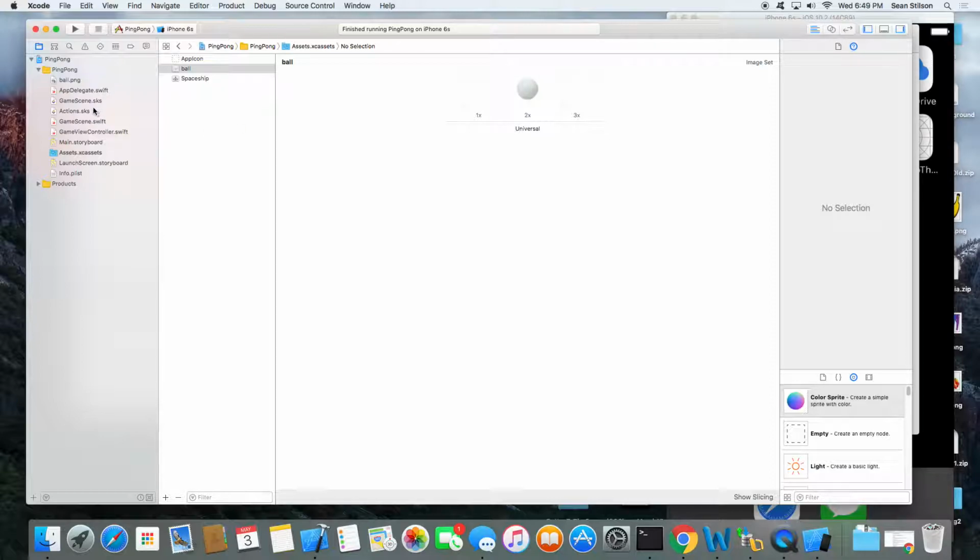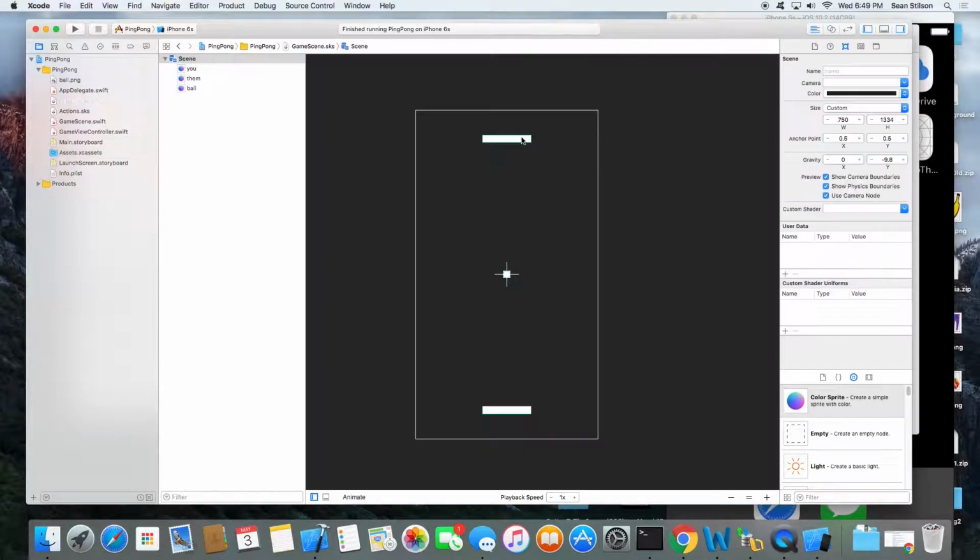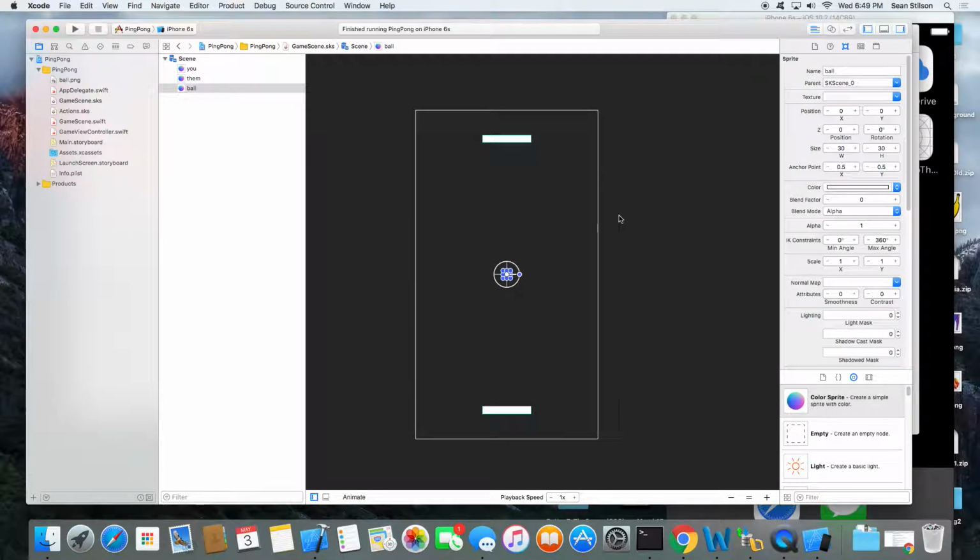All right, so now if we go back to our gamescene.sks file, and select the ball in your scene and set the texture. Now you notice that ball will show up, set it to ball.